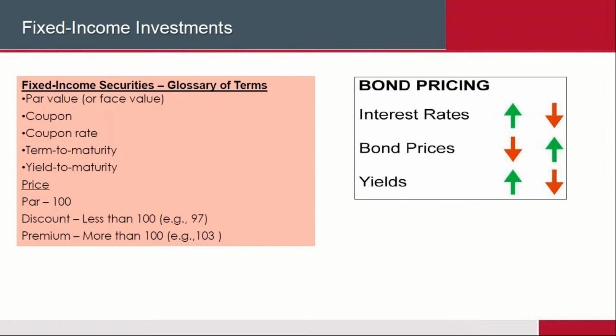Yield to maturity is how much money you're going to get at the other end. So you'll get your $10,000, of course, but you're also going to get the interest, if you haven't cashed it in prior to that. You're going to get the interest that it's actually gained and everything. And so that's what they call the yield to maturity. So my $10,000 has now grown to $10,500, let's say. Then my yield to maturity is $10,500 because I have actually more money at the end than I did when I started off with. So yield to maturity is how much am I going to get at the other end. Most bonds will have a par value of $100 and then multiples of that.